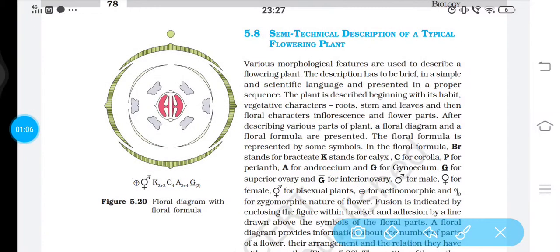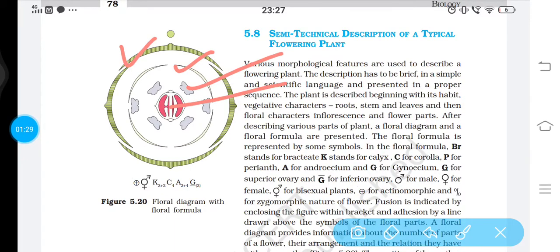After that mother axis, we know that generally in a flower the outermost whorl could be different, but here it is calyx. Here there is a calyx, which you also call sepals. Inside it come the petals, or the other name corolla, which is followed by the male reproductive structure, which is called androecium. Then the gynoecium is there.